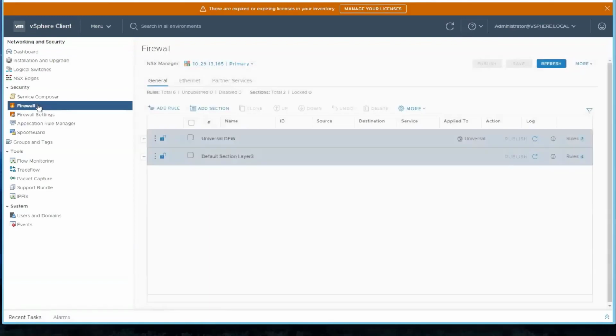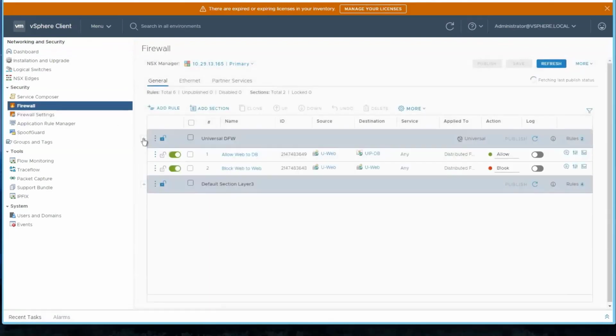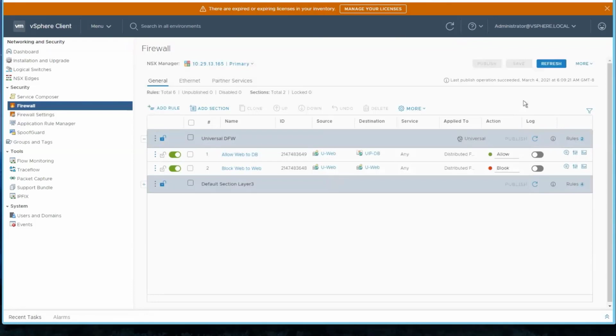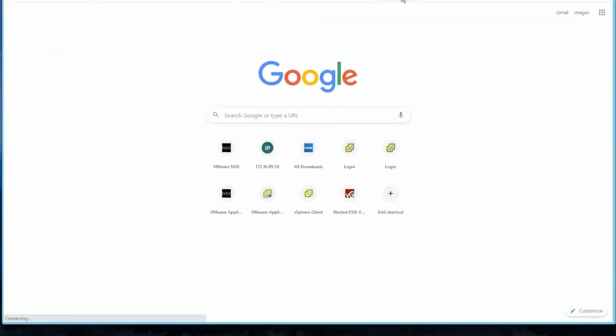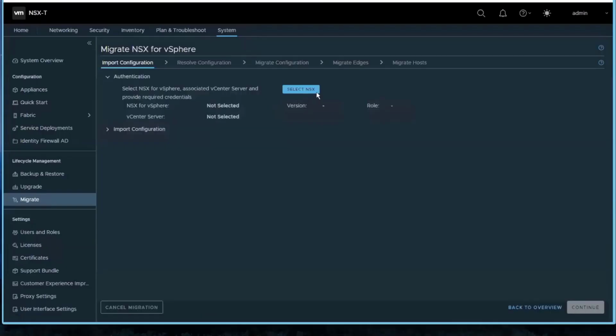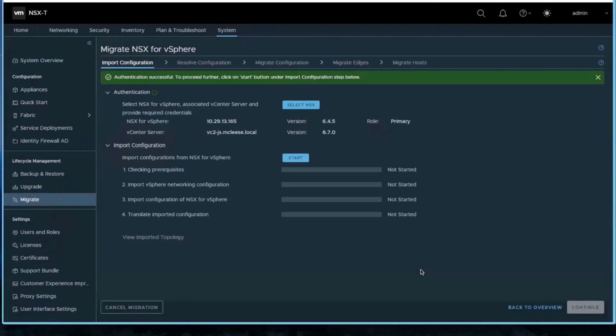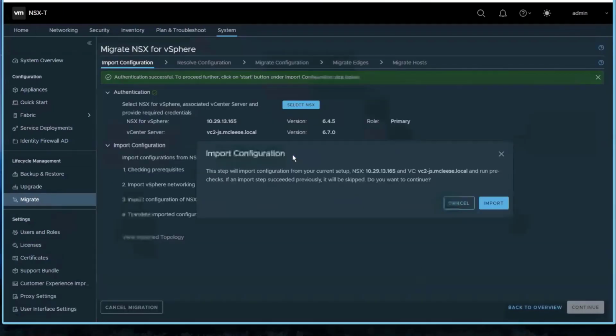Along with the networking setup, we also have a universal distributed firewall with universal security groups that are made of just IP addresses, and those will also be migrated over as local objects. If I go here to this VIP page, you'll see that my 3-tier app is currently working. Once we go over to NSX-T, we start the migration coordinator, enter our credentials, and then